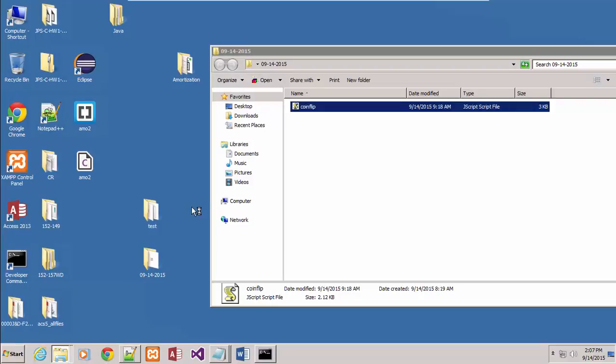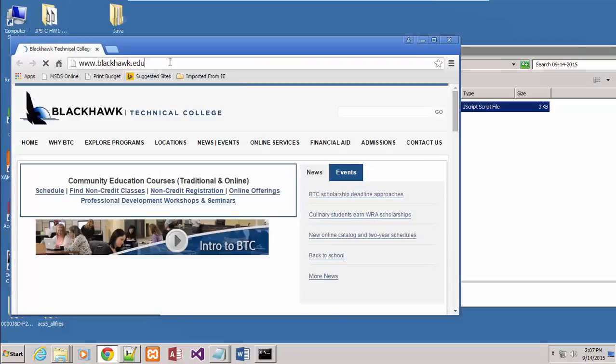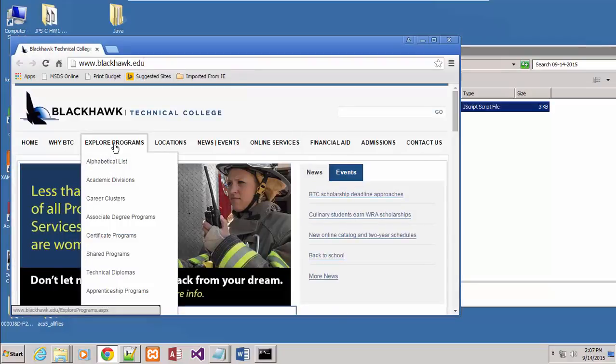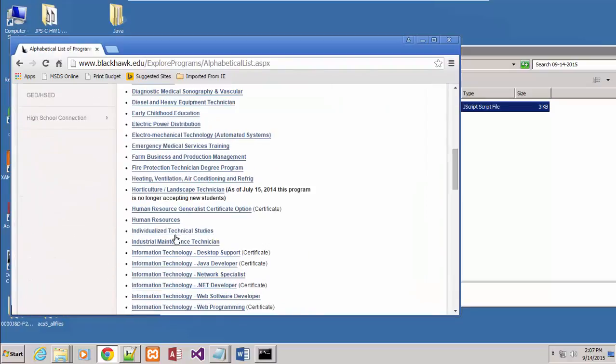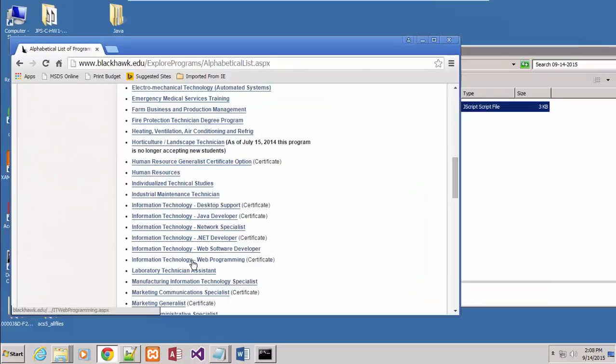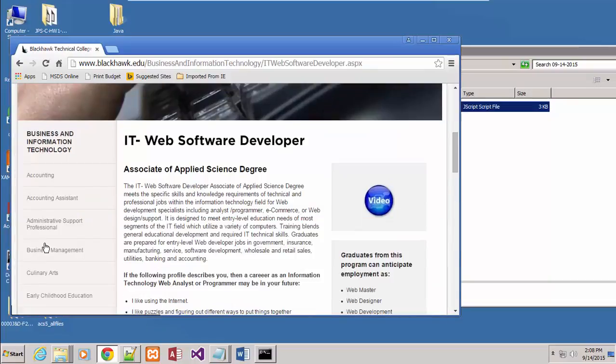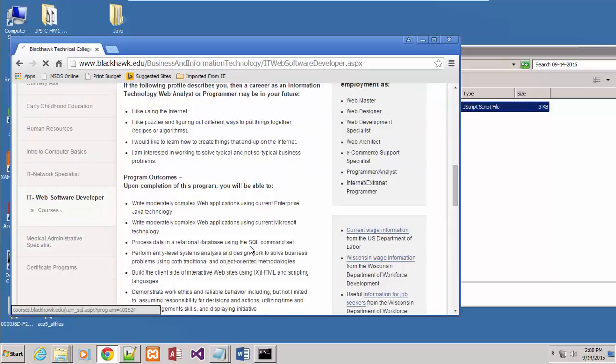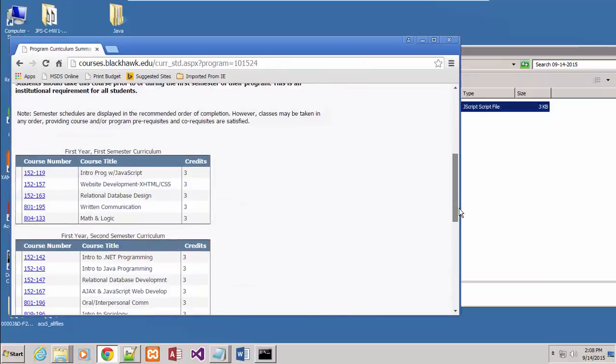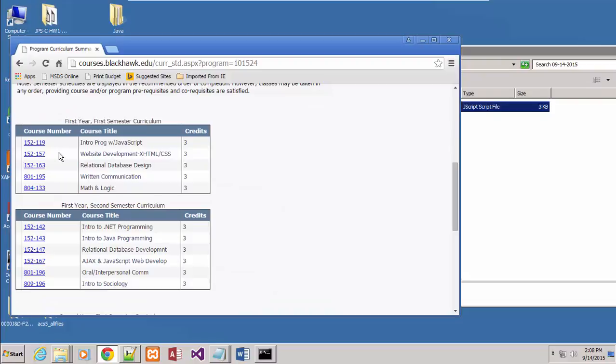And one thing I mentioned to them, and I'll say it again to you right now, if you look out here, these are the courses that you take in the program. This semester, if you're a full-time student, you're in Introduction to Programming with JavaScript, Website Development with XHTML and CSS, and Relational Database Design. For none of those classes is it mandatory that you use the virtual desktop. However,